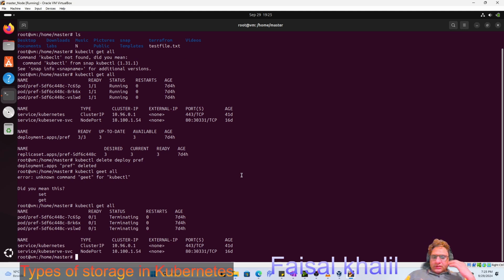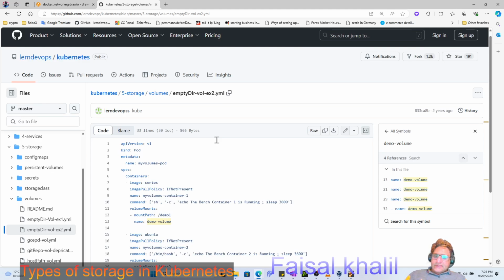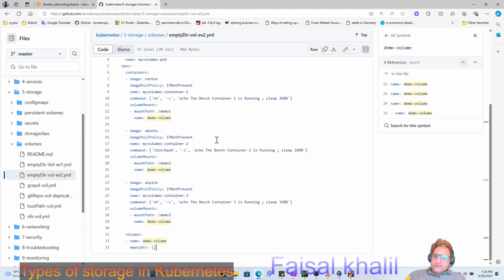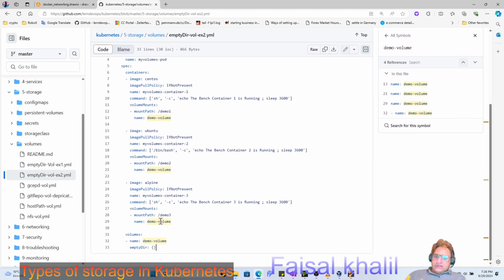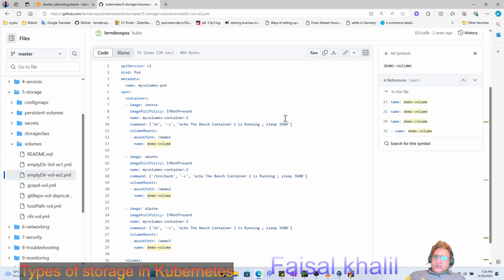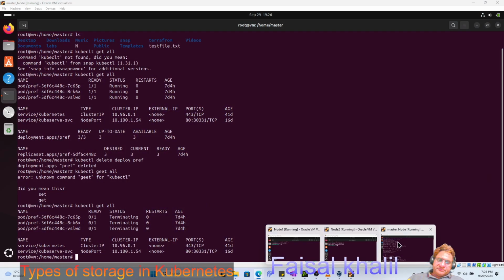Okay, and now we are going to add something as usual, or we need to change something. No, we don't have to change anything. We are just creating a pod with 3 containers, and there are different volumes available within that. We can directly give the file path of the raw file: go to raw, copy this, come back here,